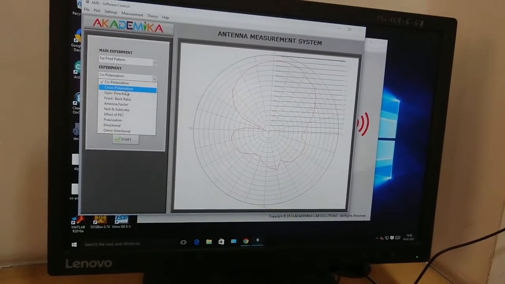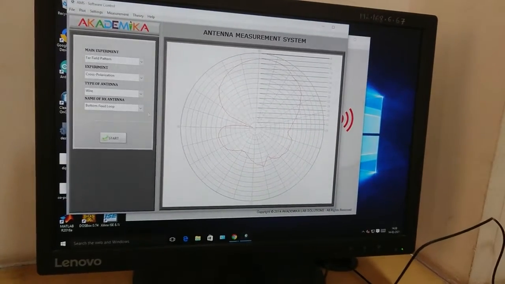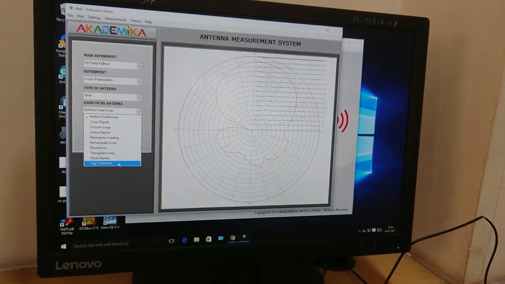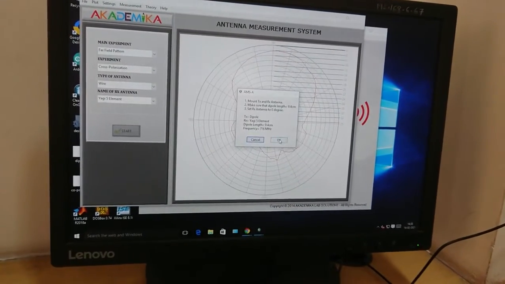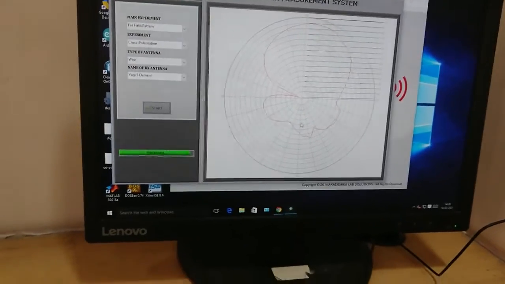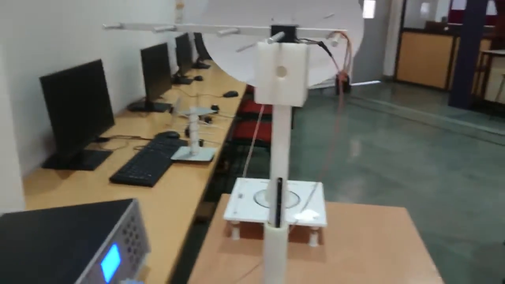Now next I am moving to cross polarization. Again set this as Yagi 5 element, start. Okay. Started processing. Here the antenna started rotating.